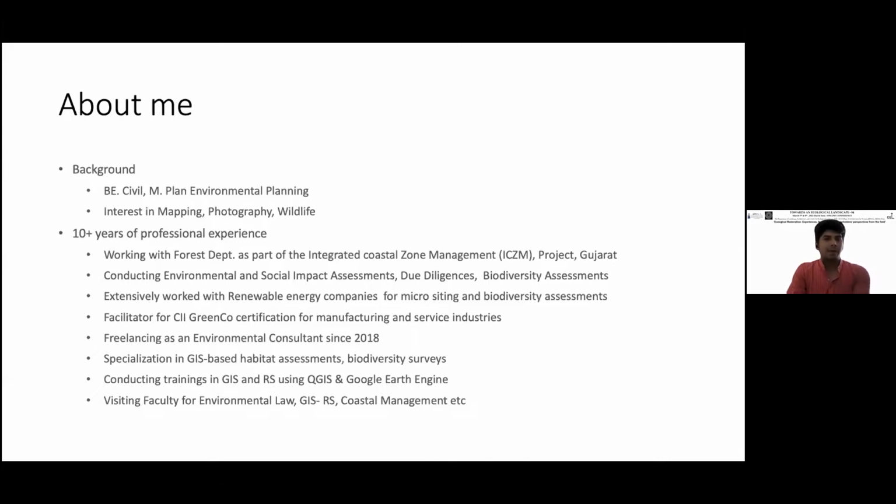Following that, I worked with the forest department. That's when I got introduced to the wonderful marine ecology, and we did a publication on corals. And since then, I've been working independently, and I've been working with consultancies doing environmental impact assessments, not the regulatory type, but the non-regulatory type, where you have wind farms and solar renewable energy projects, basically, which requires some sort of a microsite being done.